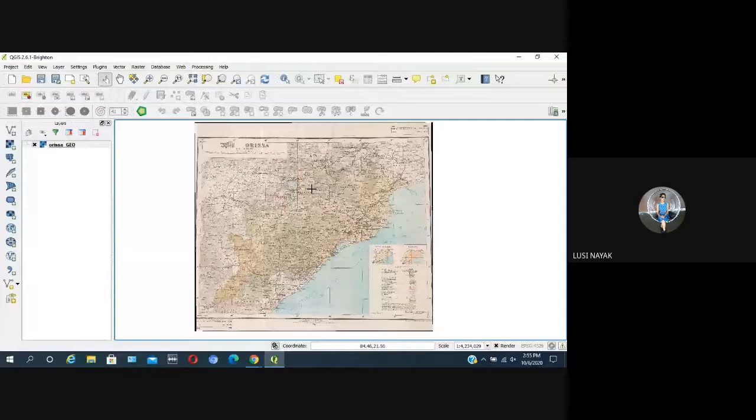Now I will explain how to develop a point layer. Start a point layer with the name Odisha underscore town. Clear? Create a new point layer.